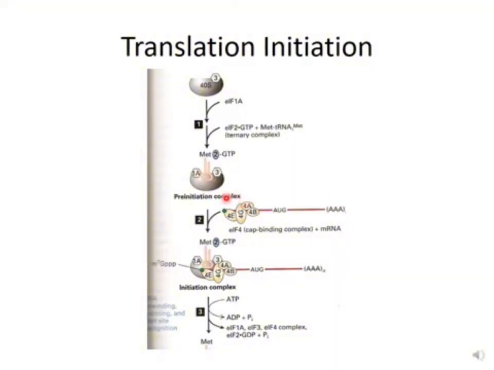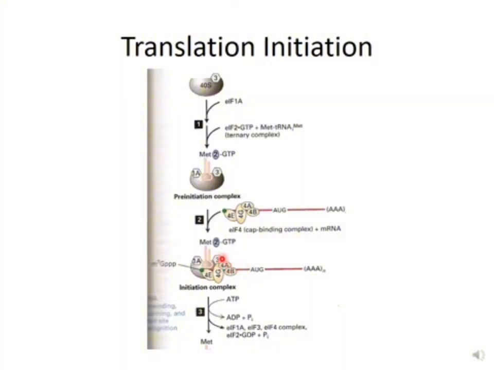You can also notice that EIF4 has multiple subunits, each of which has a task, which we will mention in a bit. So once the pre-initiation complex binds to the mRNA, and that binding takes place by binding the initiation